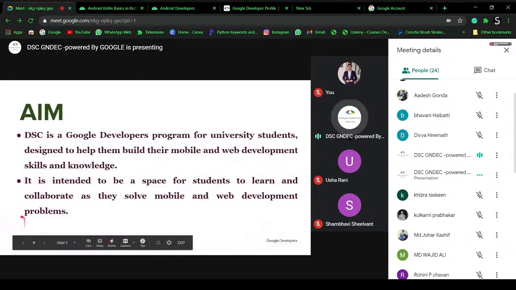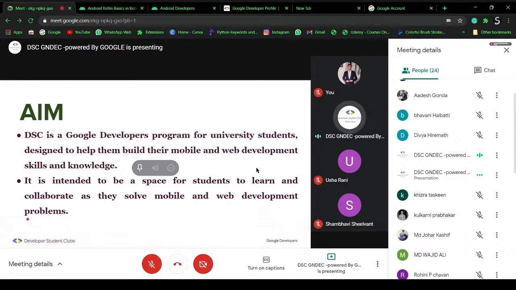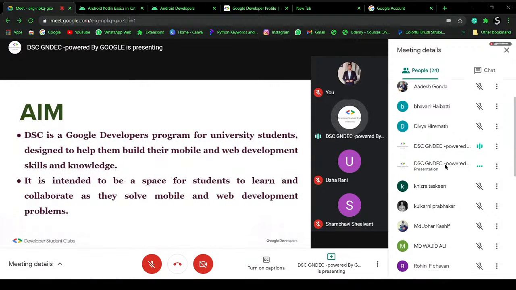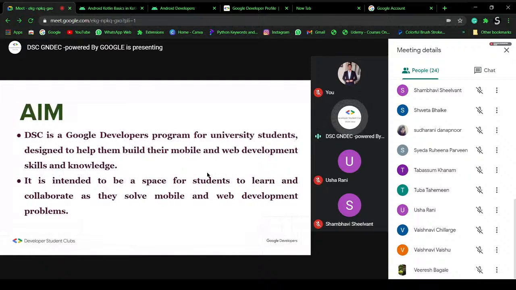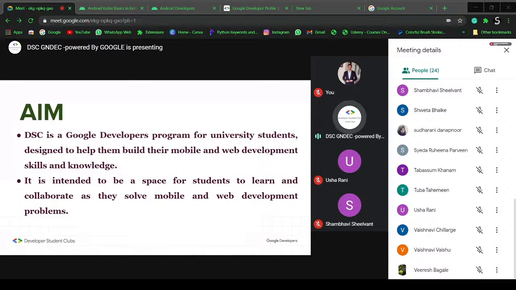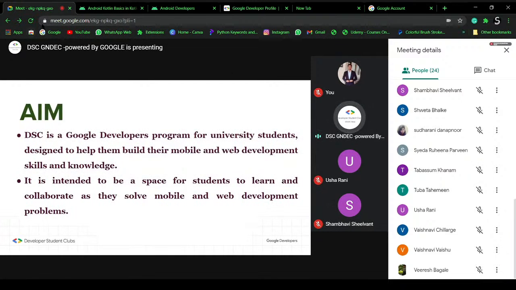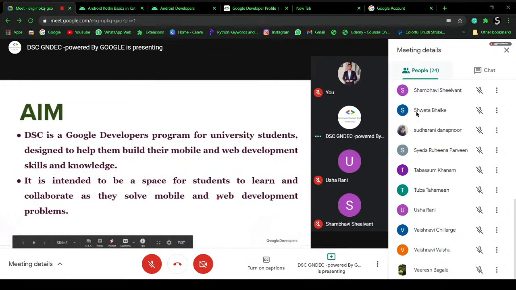Now, what is the main goal or aim of the developer student club in our college? It will be helpful for your mobile and web development skills, which is a hot topic these days. That is web development and mobile app development. Other than that, cloud, AI, ML. These are the hot topics, and these will be the main skills which we will be providing, maybe in a study jam or courses directly provided by Google, and of course it will be totally free. Other than that, it's a space where we as students will be like today's session is